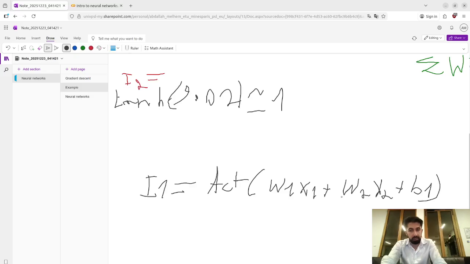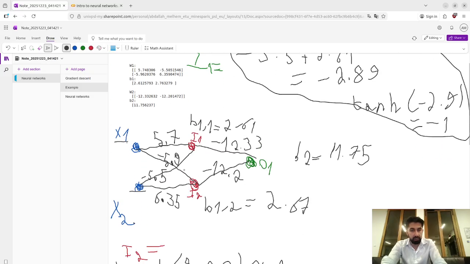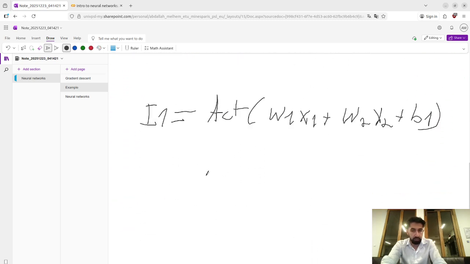Here I gave them a different name. So here W1 is here, W2 is here. We do 5.7 multiplied by x1 minus 5.5 multiplied by x2, so it's tanh of 5.7 times x1